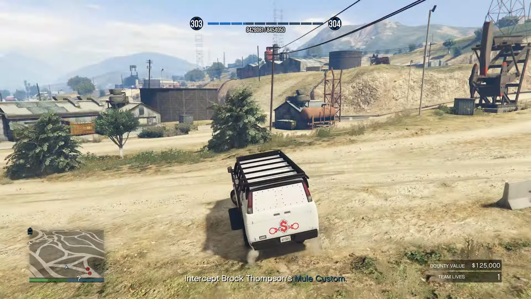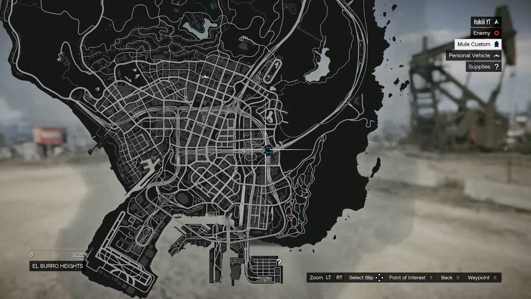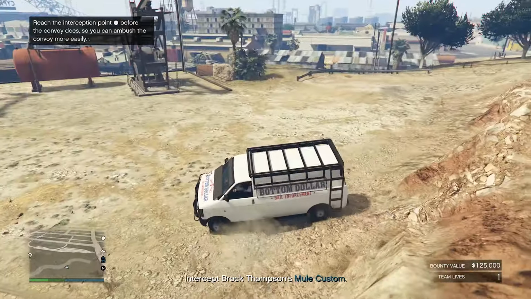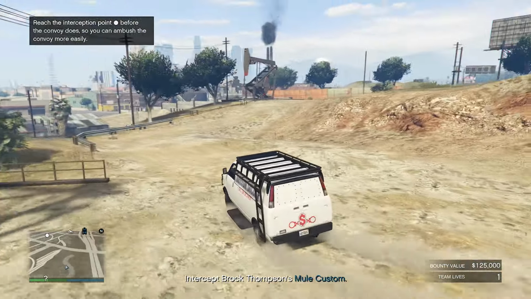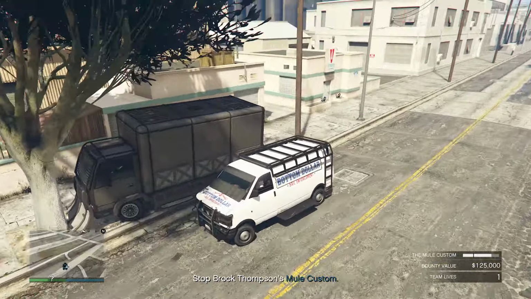Intercept Brock Thompson's Mule Custom. So now we have to chase a Mule Custom on the highway, I'm pretty sure. How do I capture it though? Do I just need to crash into it? Bro, okay, I'm sorry. This van sucks. I take back everything I said earlier. This van sucks. Okay, he crashed into a tree. That's it, right? He has to get out of the vehicle or...